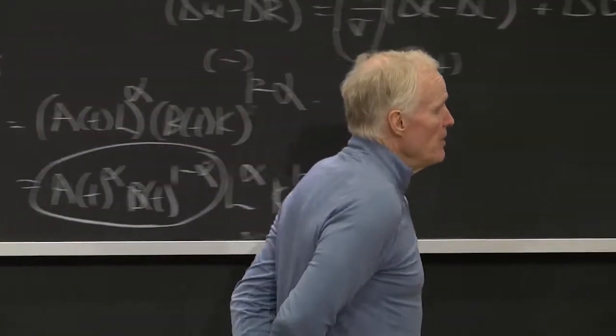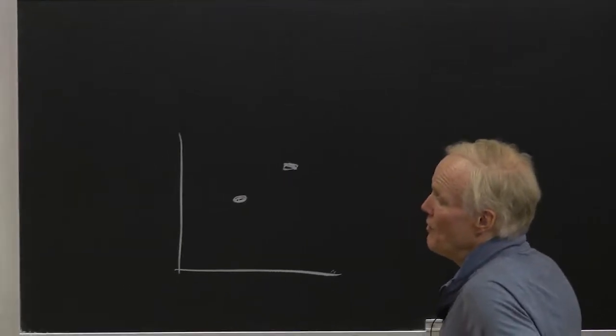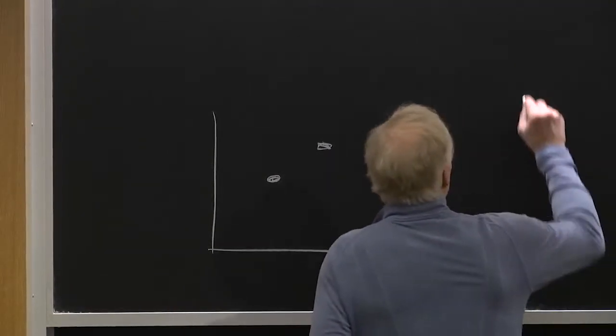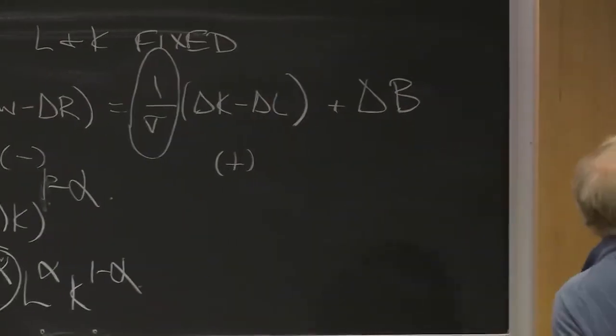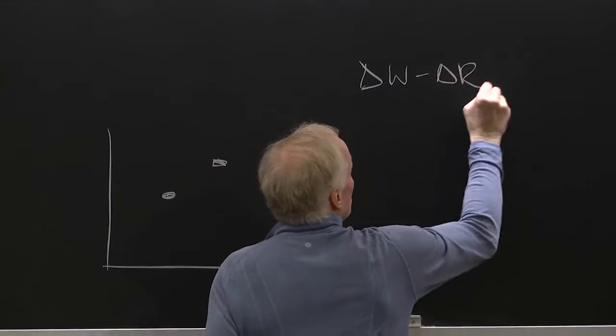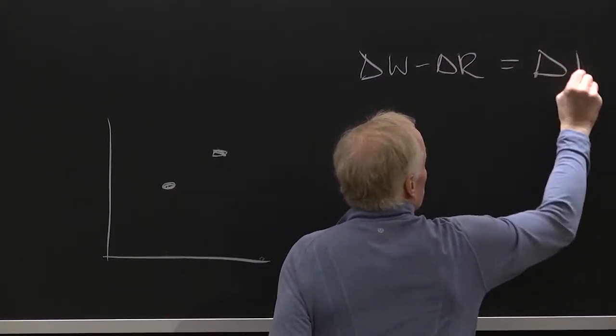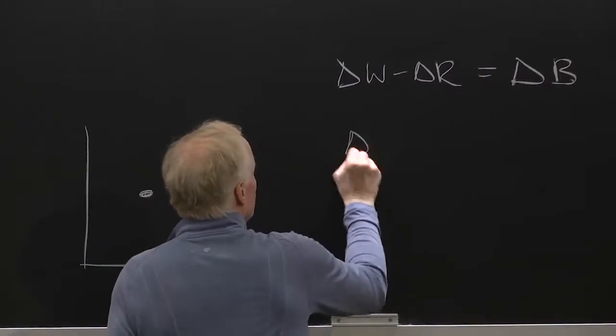Back to where we were. So our equations for the short run, if we're holding L and K fixed, this equation will become delta W minus delta R equals delta V. And our other equation is delta TFP